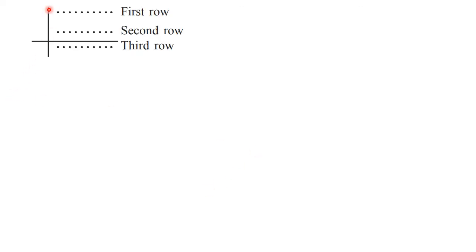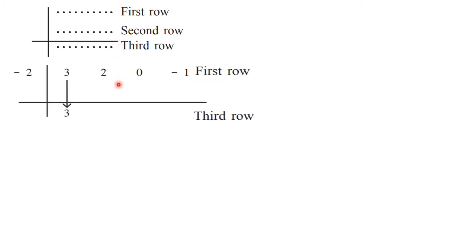First of all, you have to draw one vertical line and one horizontal line like this. Here above you have to write down the coefficient form in the first row. Okay. Then below that you are going to have the second row, and then you are going to have the third row, which we are going to find. Okay. So in this way you will prepare the table. Now in the next step, in the first row you are going to write the coefficient form, and on the left hand side of the line you are going to write down that opposite number, which is minus 2 here.